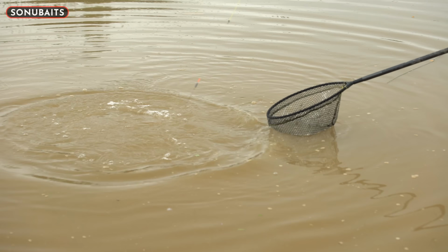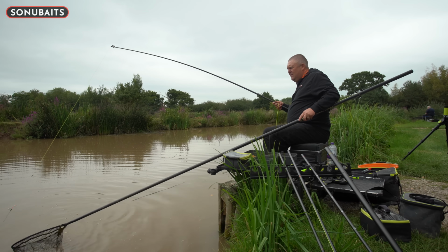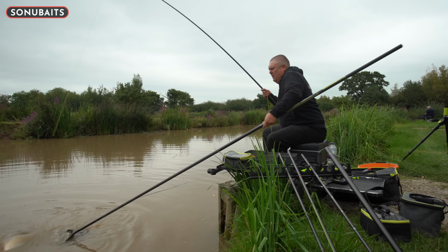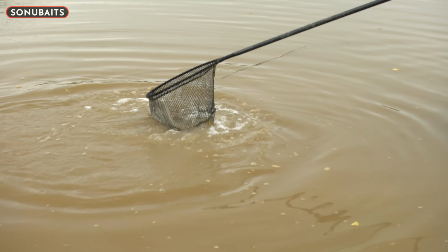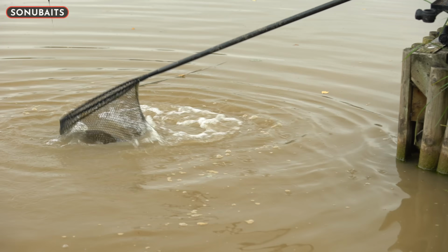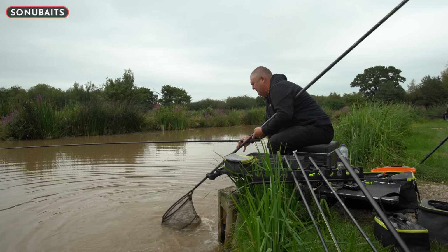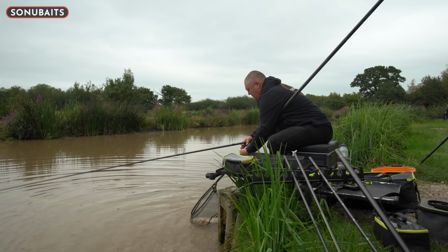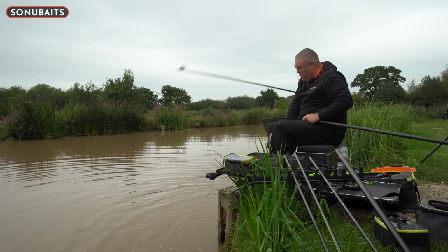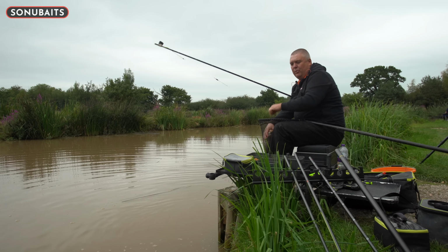But this is what I was getting at with what I'd been seeing in the previous matches: little signs that there was an odd visit, an odd little change of colour, an odd little swirl past my back, just little things that made me think, yeah, they're visiting that. And I'm not catching these fish over there. He's not happy, is he? Whereas by really concentrating, giving them as few options as possible,